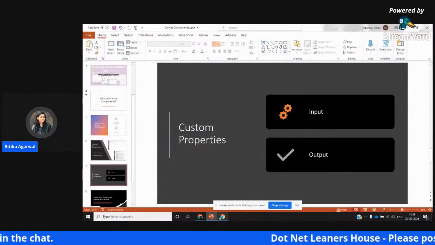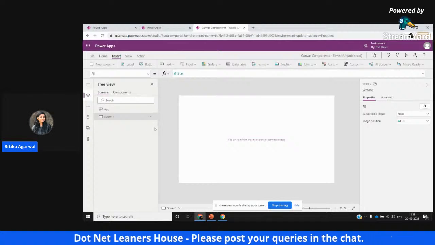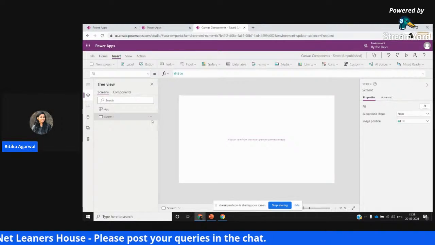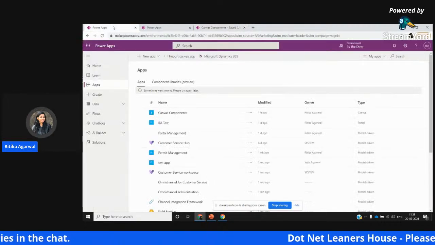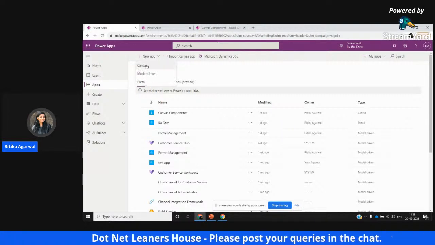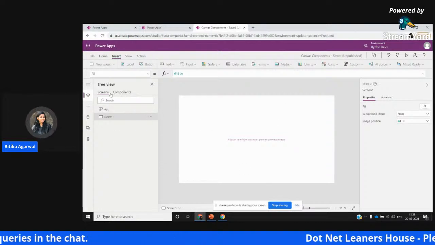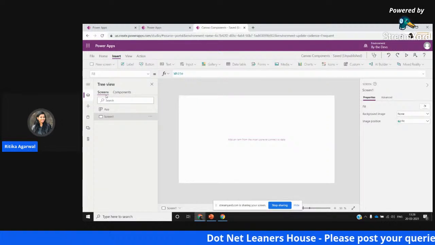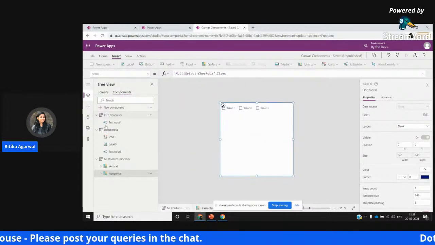Okay, so now let's go to the screen and see how these components look at a broader picture. Let's say I want to build a Canvas app, and what I have done here is I went to make.powerapps.com, and from here I have created a new Canvas app. So this is the Canvas app which was loaded in the editor here. And you see that there is a components option along with the screen. Screen is what will be actually displayed as part of my application when I run it. But components are something that you can use